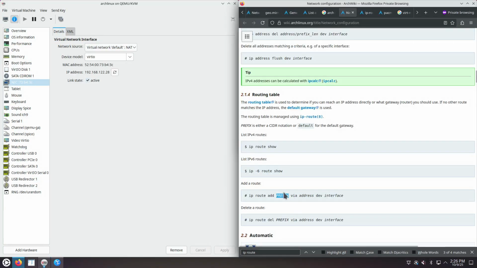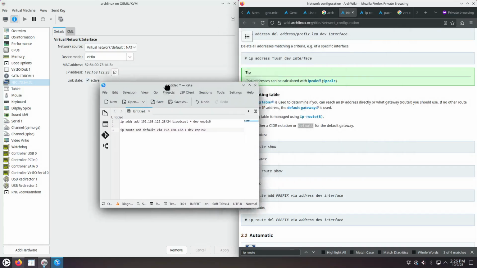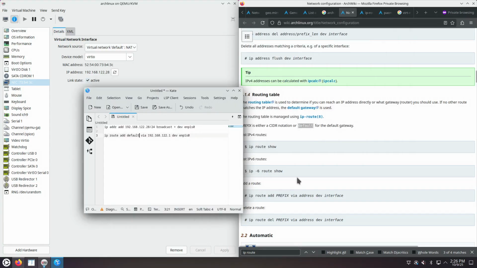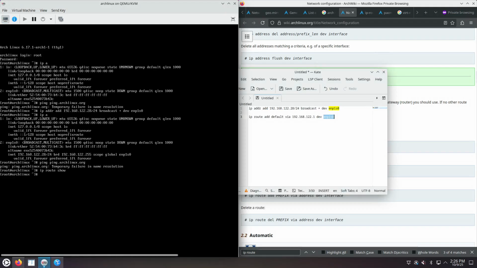And it says that prefix is probably default. Okay, so IP route add prefix default via address, the address of the gateway, dev. It's probably the same as for IP ADDR add command line. Let's try our luck. IP route add default